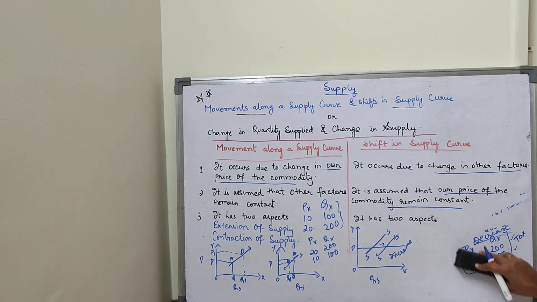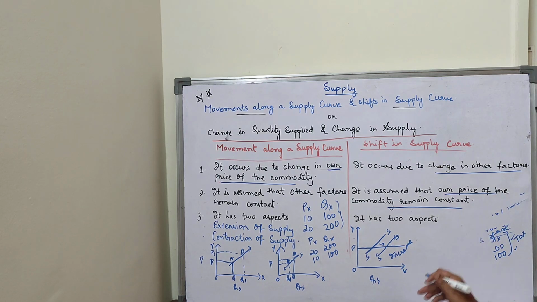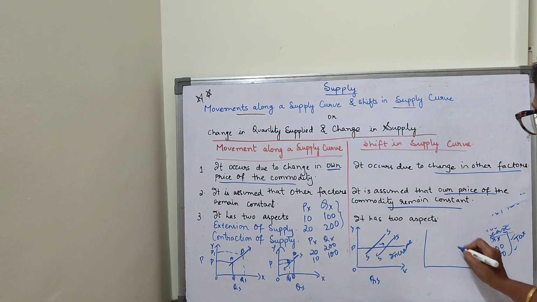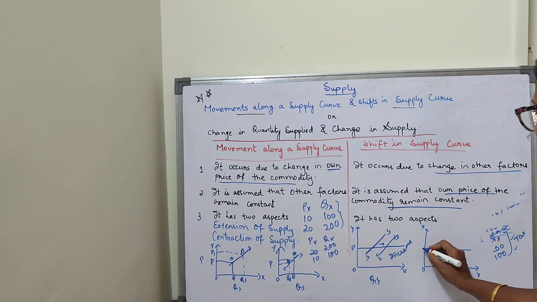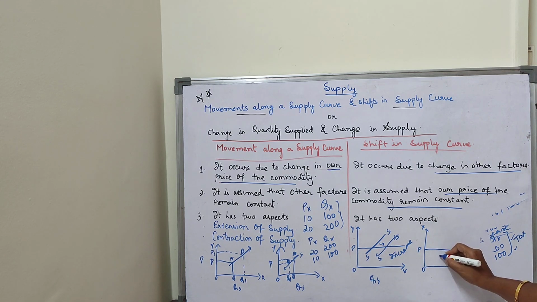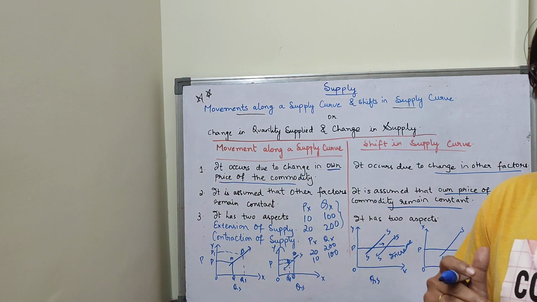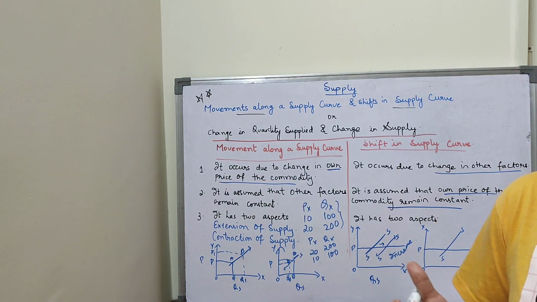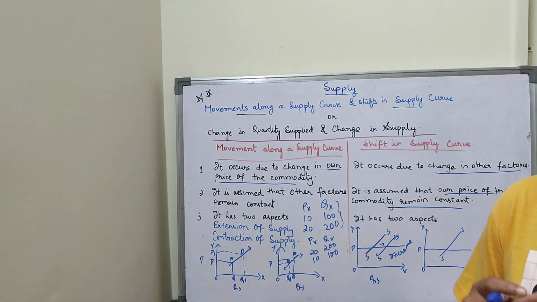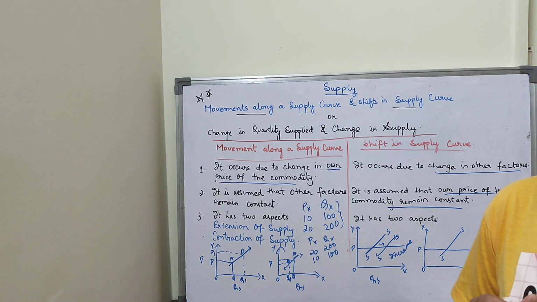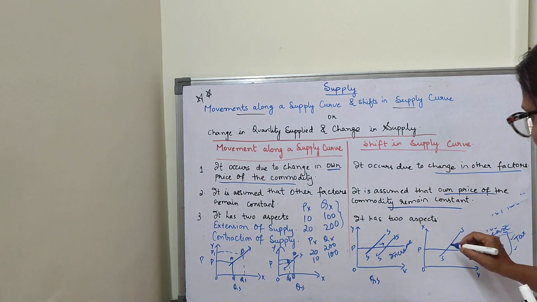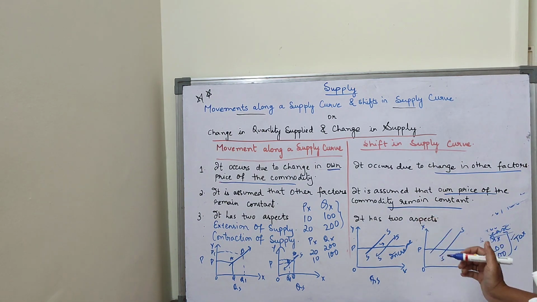So I will draw here. Here the x-axis, here the y, here the origin. Price remains constant here. Now my supply curve will be like this. Clear? This is my original supply curve. Now suppose the supply decreases due to taxation policy. The government has put the tax. So what happens when the government has put the tax? My cost of production rises, and when my cost of production rises, I will decrease the supply. So for this reason my supply curve will shift leftward.